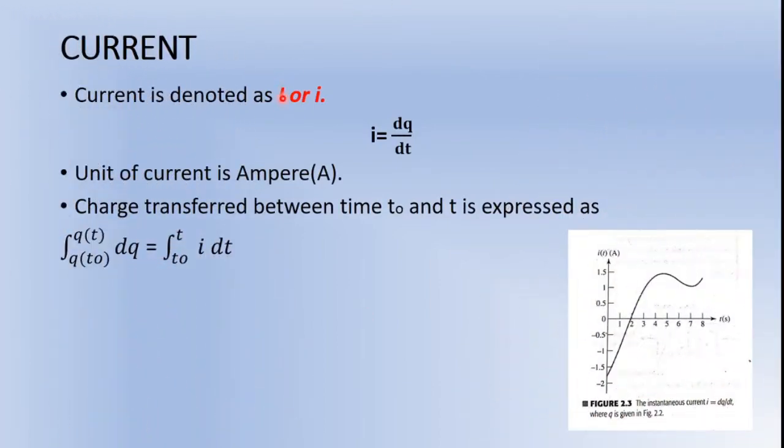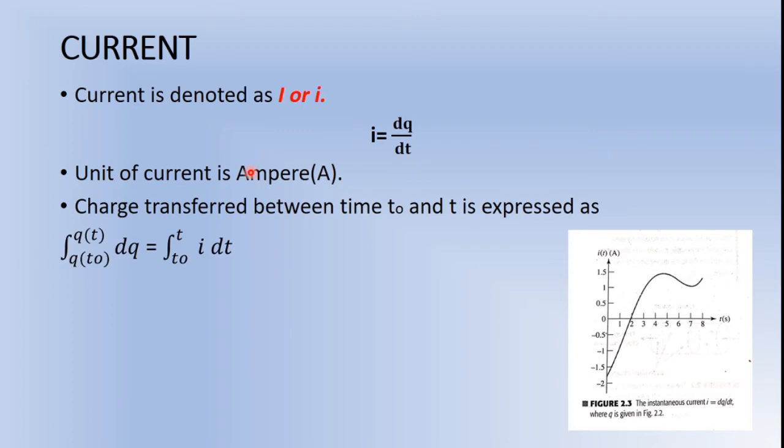So we all know that current is represented as I, capital I or small i, and the formula for i is dq by dt. So q represents the charge, and since charges move, they vary with current, we use differentiation here. Anything that changes, always we use differentiation. Differentiation means a variation, difference. There will be some difference from the starting point to the next point. So when something changes, we bring differentiation to that particular aspect. And current is nothing but the variation of a charge, which is dq, with respect to time. So it is divided by dt, where q represents the charge and t represents the time.